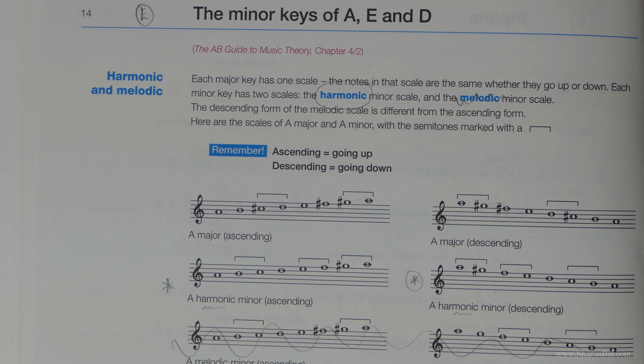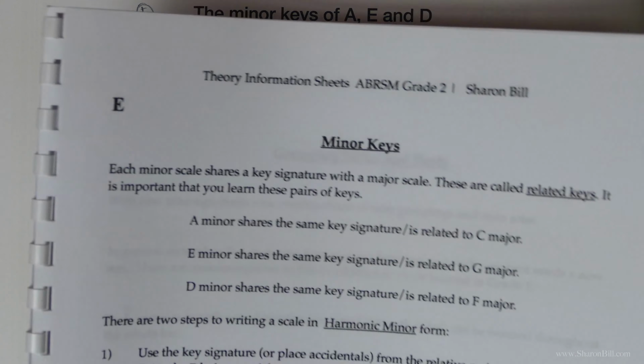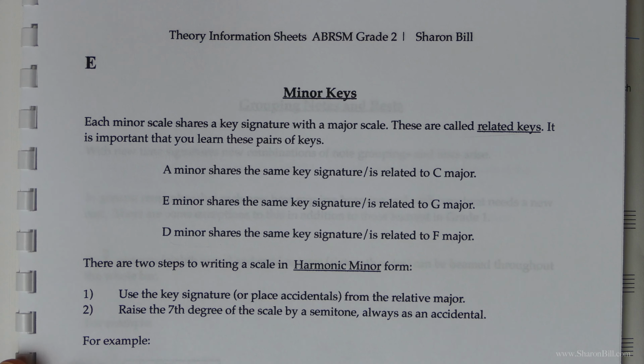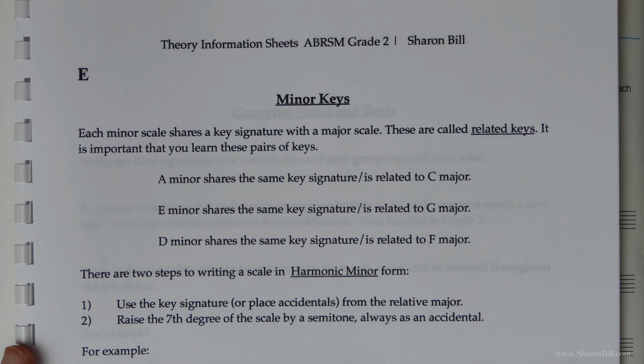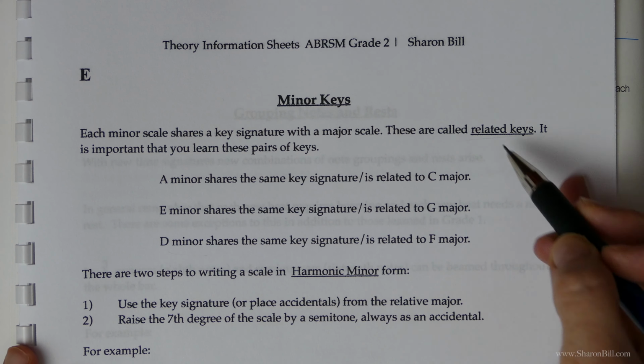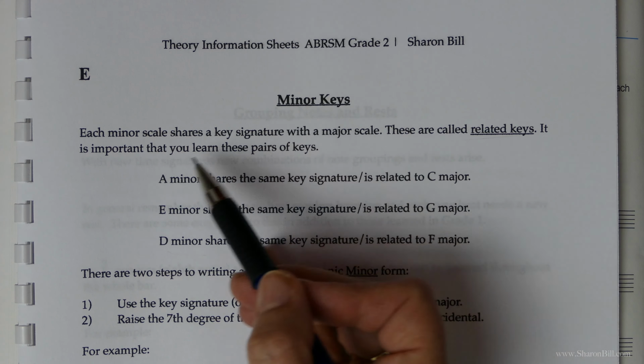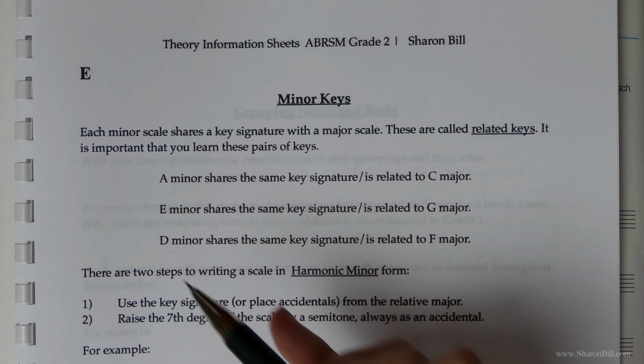If you just reach for your PDF sheet, if you pull that up if it's on screen, or just get your print off, we just need to pay some attention to this first paragraph. This section in the ABRSM workbook looks like it's going to be an absolute mammoth amount of work. However, it's really very simple. We've just got lots of exercises on the same subject, and it all boils down to this little paragraph here